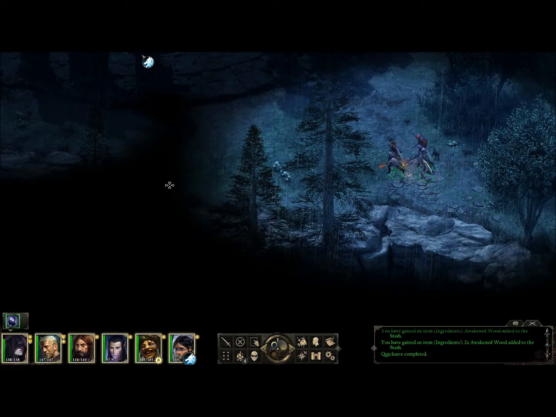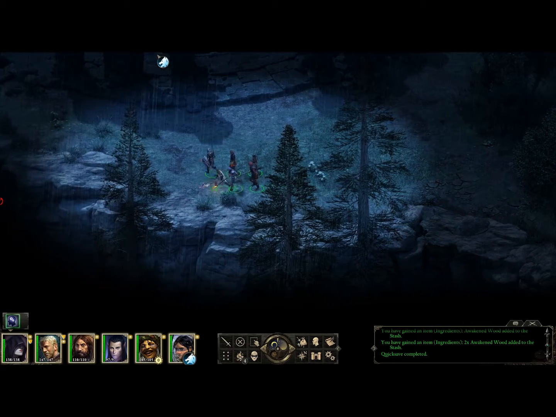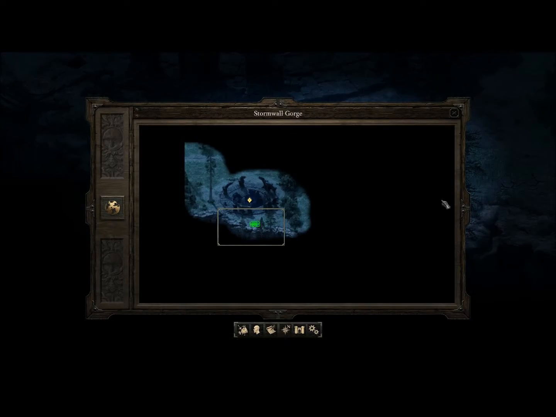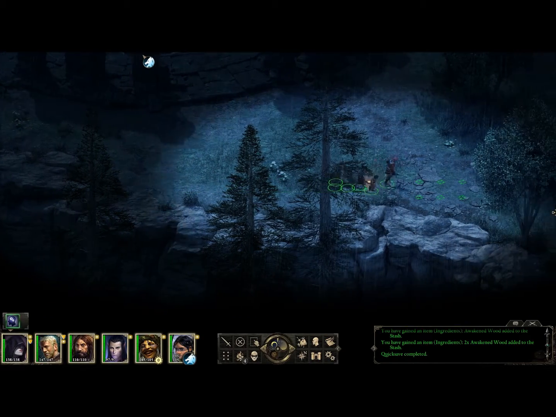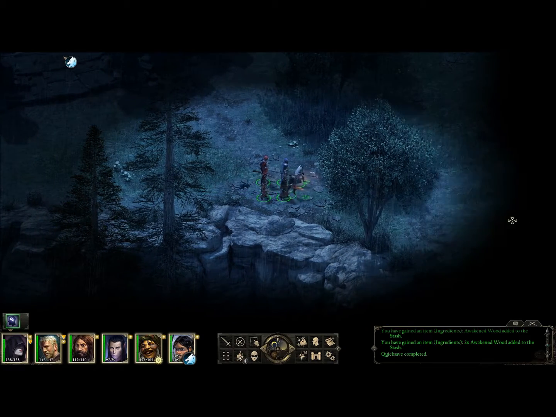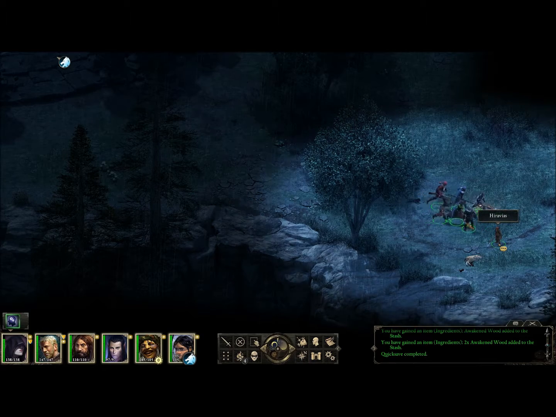It didn't look all that circular to me. It looked more like pentagonal. These are cliffs. This was Stormwall Gorge or something like that. Sort of just aimlessly wandering, hoping to find something related. Oh, you a...